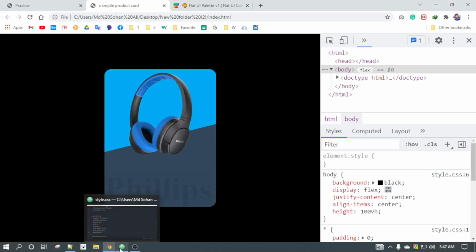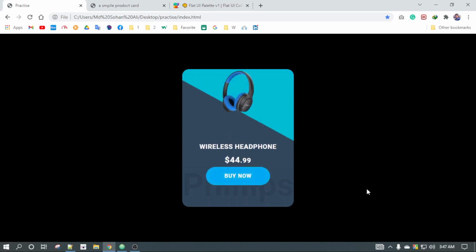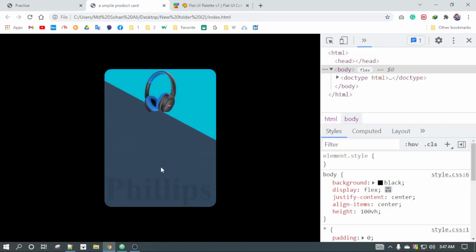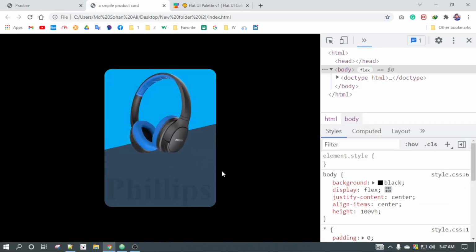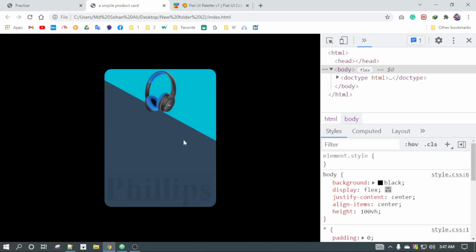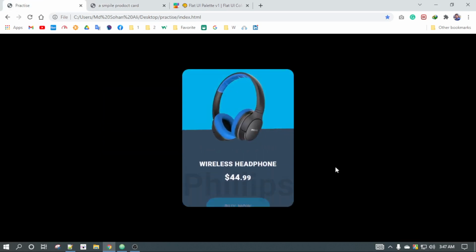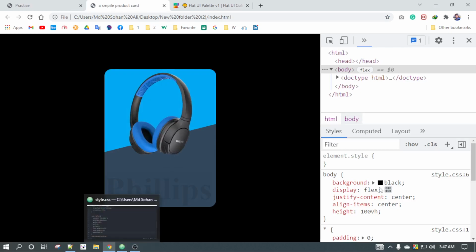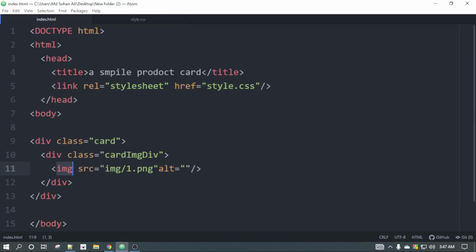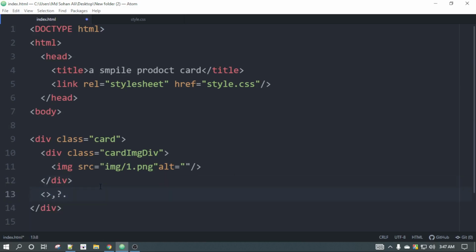Okay, so now we need to create content div. This content is going to be like this product, this card going to be like this. Okay, so now I will go on CSS and then create a div under image div,